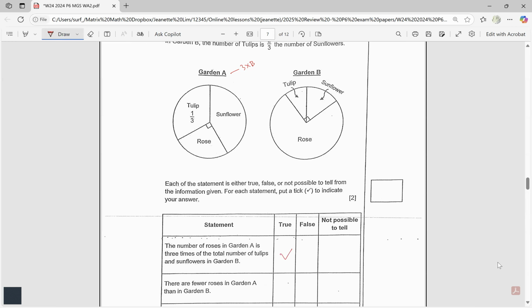There are fewer roses in A than B. Is it true that this number of roses is actually fewer? Now, when you look at it at face value, it seems like yes, it's much smaller in terms of the area occupied in the pie chart. But actually, no. Remember, whatever you have here is supposed to be 3 times of the same portion in Garden B. But if the number of roses occupies 3 times the space,